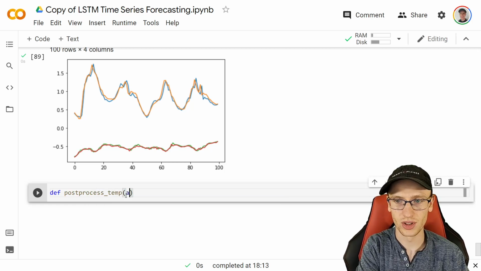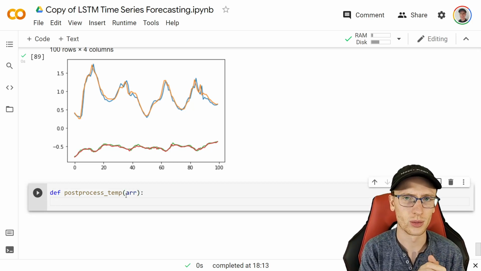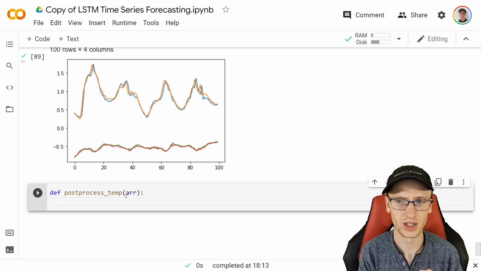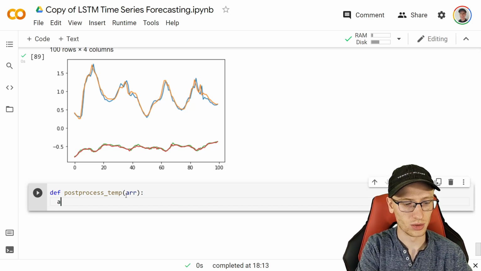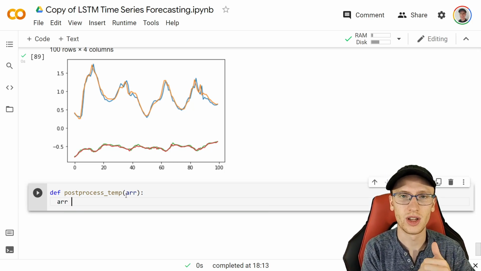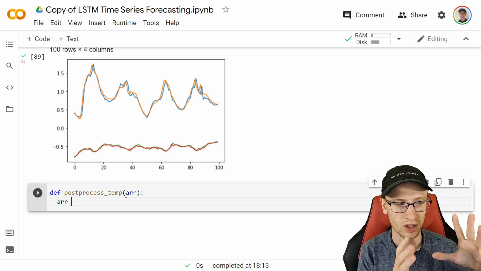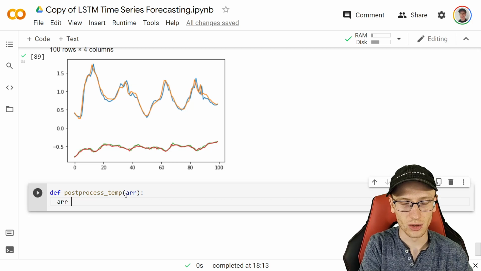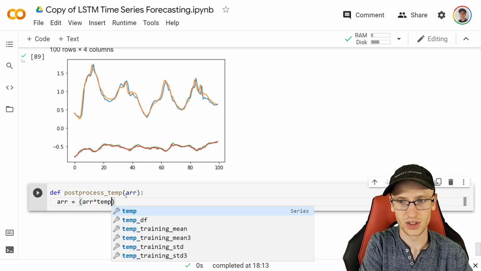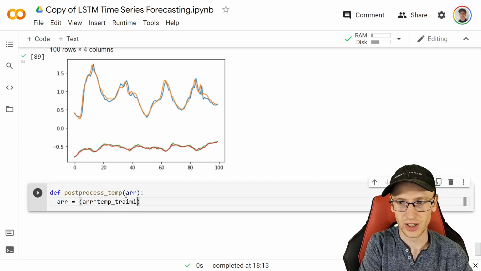Post-process, this is just going to be for the temperature, and I'm just calling this an array because, you'll see how it works, it doesn't really matter what the shape of this thing is because it's just going to apply a function to that thing regardless of what it is. What I mean to say is it's a scalar operation. It's going to do it to every single element in the array. So I can just say array is equal to array times, and I'll explain this after,